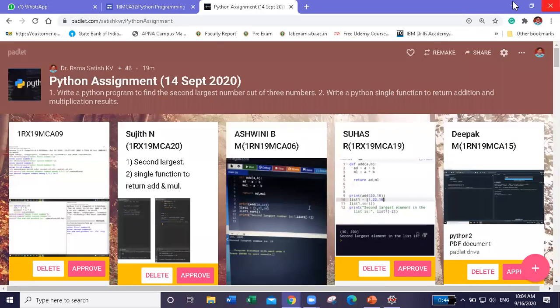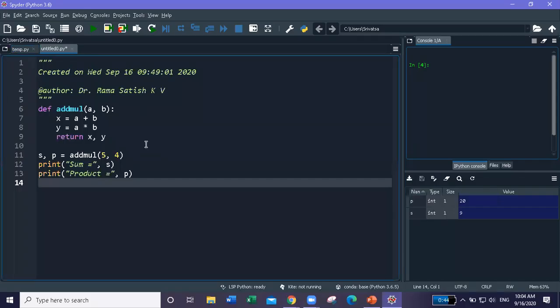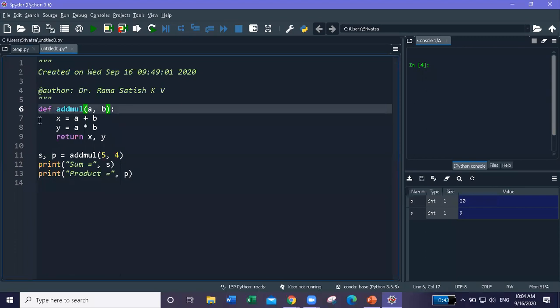Right. Let us come back to the solution for today's assignment. I have written a function add_mul, which takes two arguments a and b, followed by a colon. Since it is a function, the indentation gap will be maintained, and whatever values you pass to the function, a and b, the sum is stored as x and the multiplied value is stored as y.